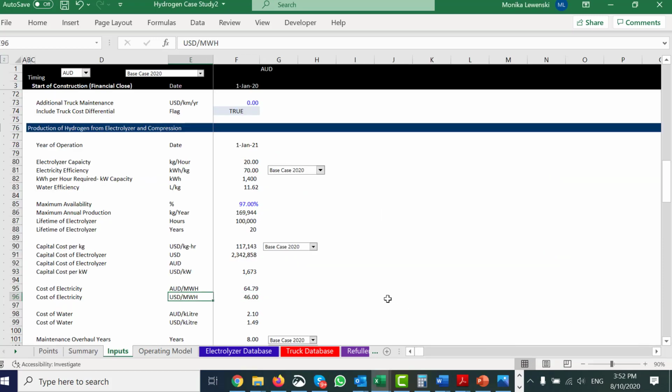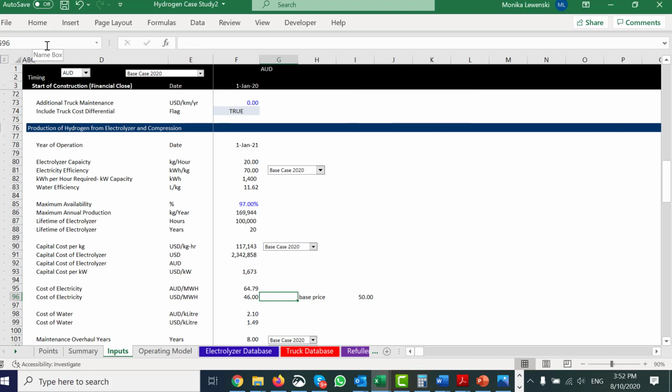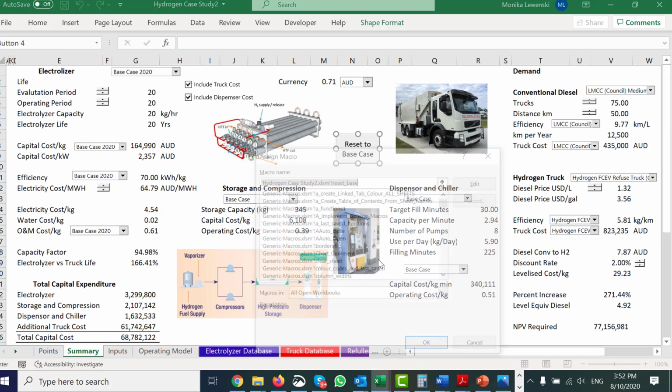So what I always should do, or what you should do, and I didn't do, we put elect price. See if I can remember that. And then let's put a base price. And let's make that 50. And then we can always, Shift Control F3, reset the electricity price to the base price. So if we start messing around with these things,